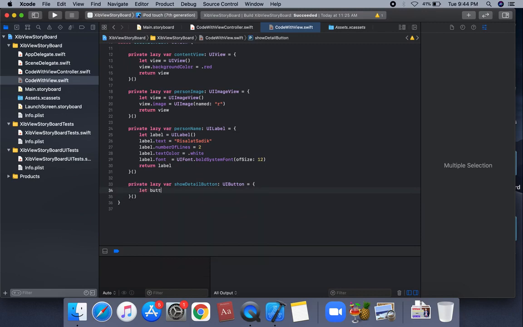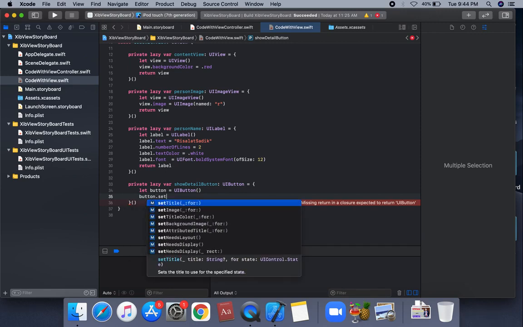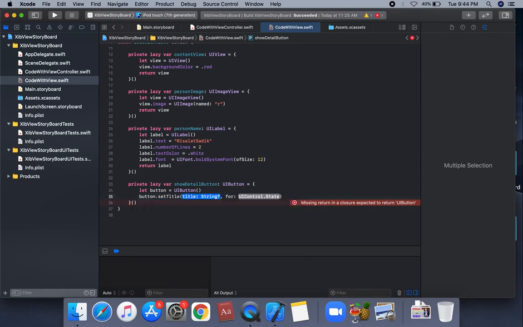Let button is equal to UI button. We're gonna create the instance on this UI button. So we're gonna set on this button properties. Suppose we have a set on this title. So button dot set title, we're gonna call it set title. So this is show details, and dot normal state. This is the normal state,